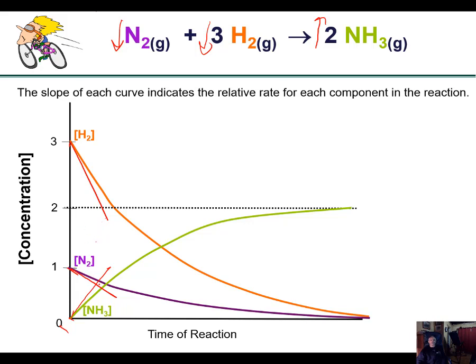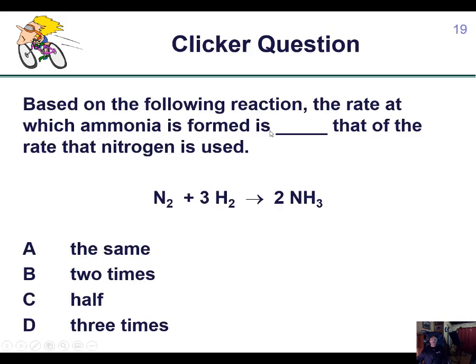So the relative slopes of the curves indicate the relative rates of either appearance for products or disappearance for the reactants. And you need to at least be familiar with how we reference these rates of reaction graphically, because we're going to see them later. All right, so based on the following reaction, the rate at which ammonia is formed is